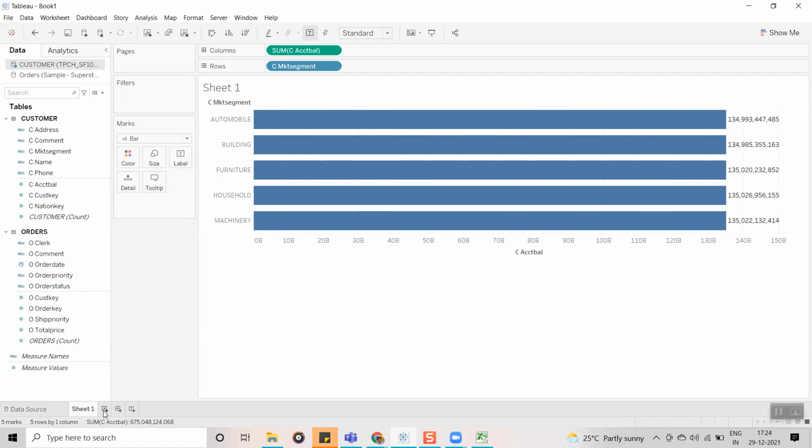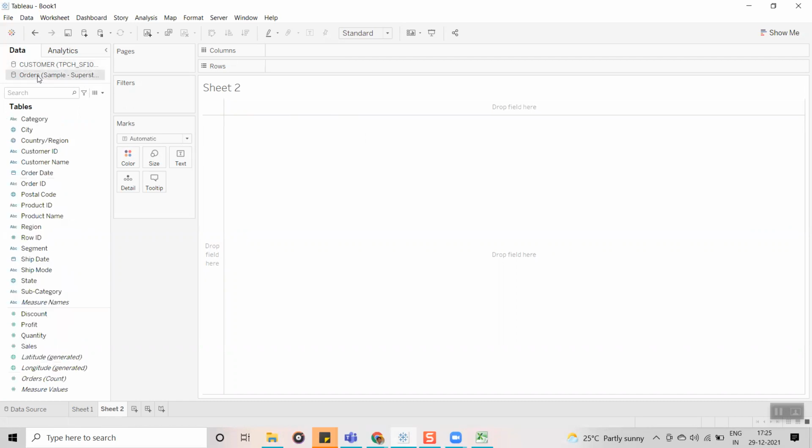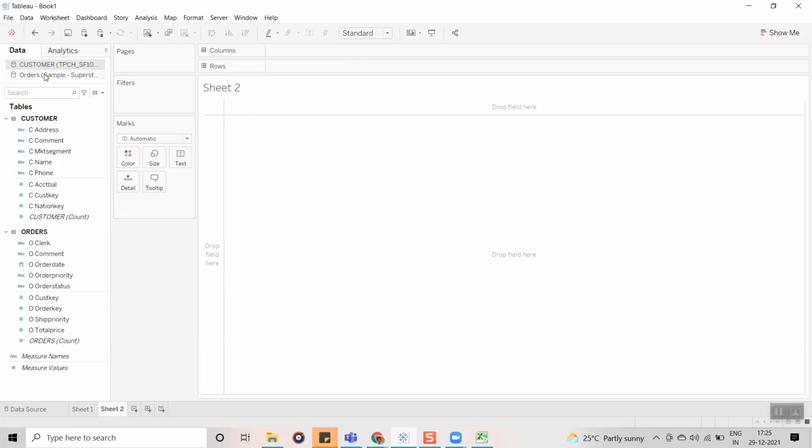If I go to another sheet, I'm going to create a new sheet. Here you can see initially the data sources do not have any blue tick mark because we haven't used any field. Whichever data source the field comes from the first time you drag it will get the blue tick mark. For example, that is going to be the primary data source.